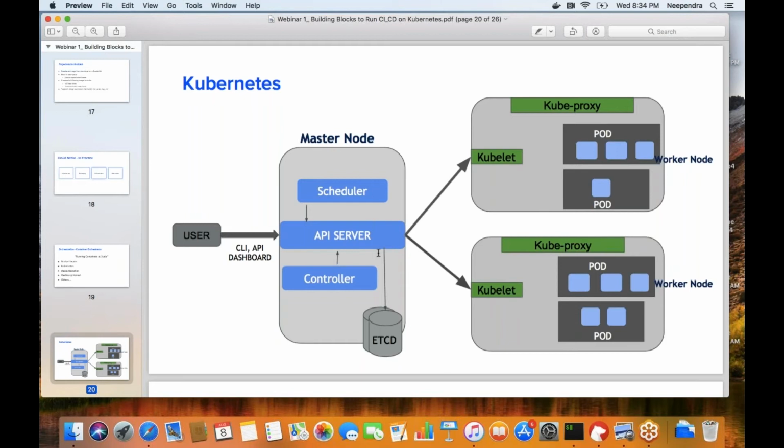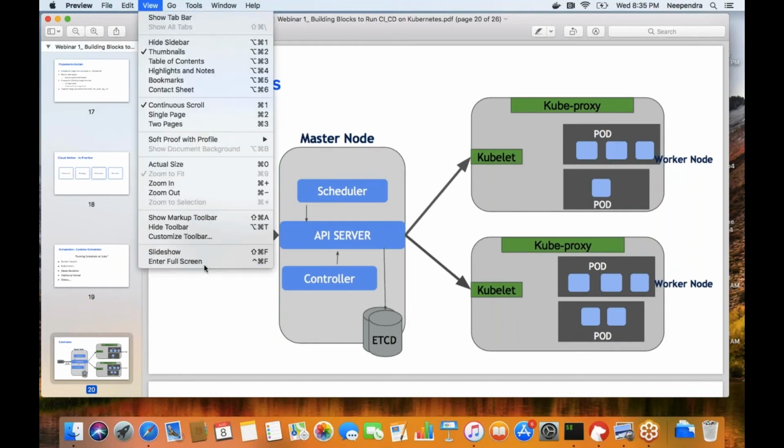On the master node, we also have a way to communicate to the key value store, etcd or something else maybe. This key value store can be either part of your cluster or outside. In a production environment, mostly we set it to outside so that the cluster state is managed outside the cluster.